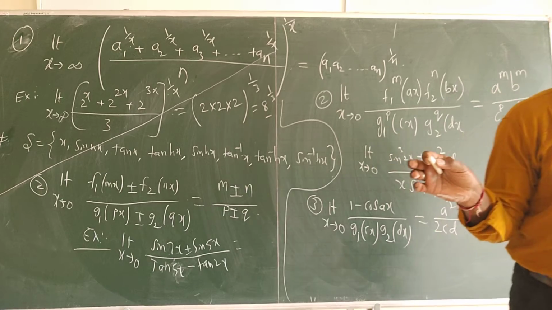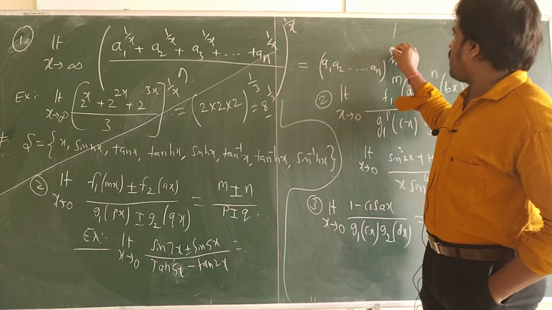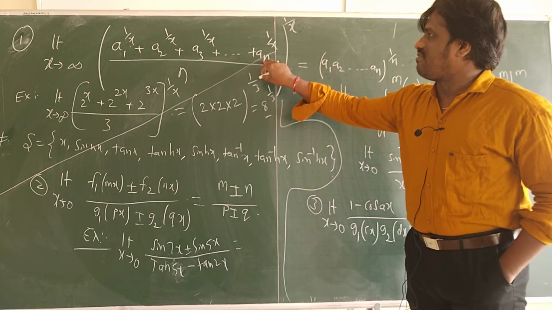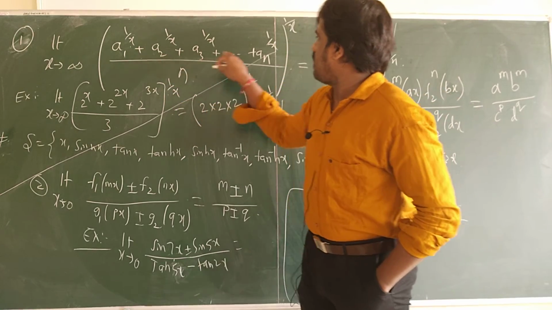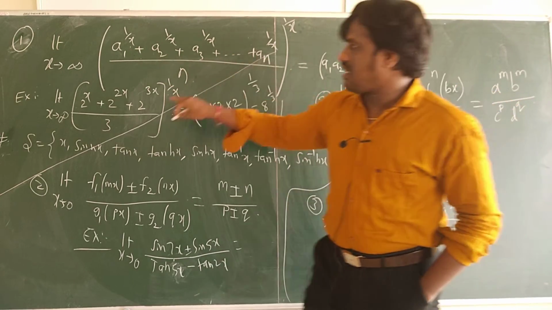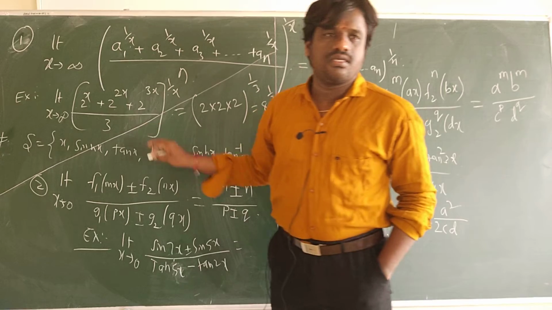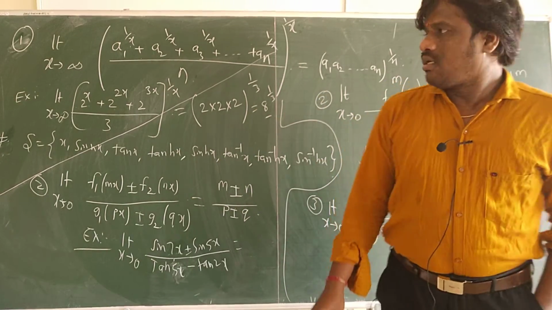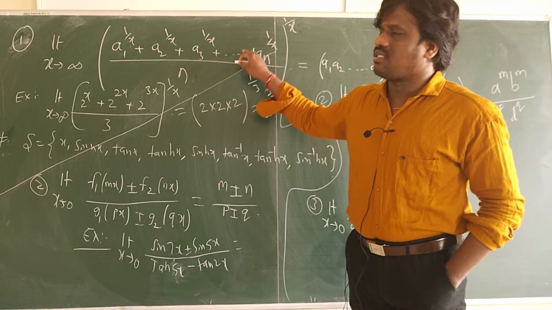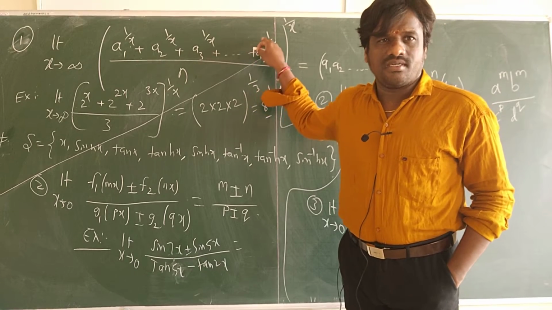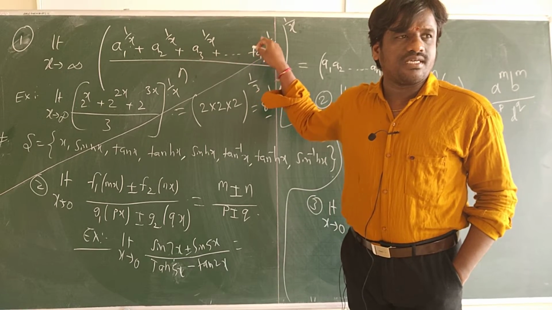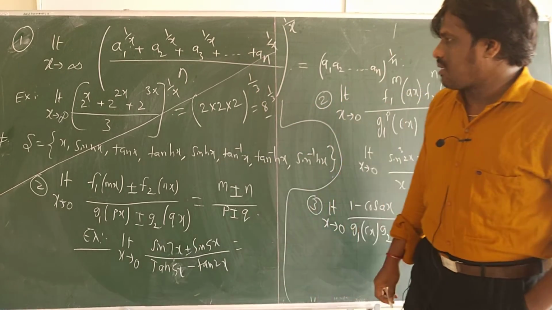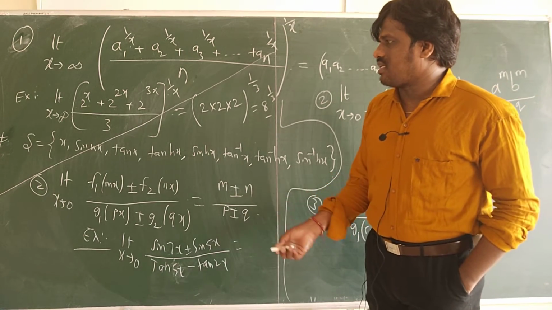Understood what I said? So the 1 by n depends on the number of terms, like 1, 2, 3, like n is there. Here how many are there? 1, 2, 3. So 1 by 3. So this is one technique. There will be more techniques like this, I will explain. जो भी है ना, इसके ऊपर techniques मैं बताता हूँ. And after that, next, these are the formulas.